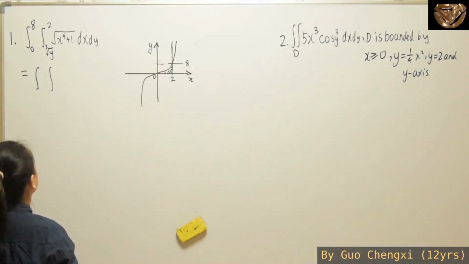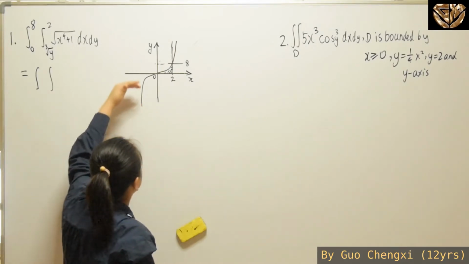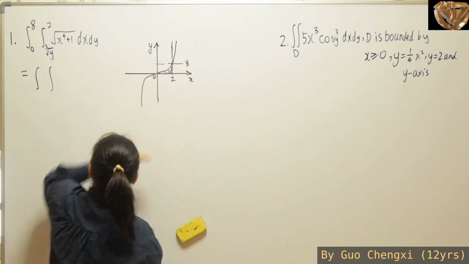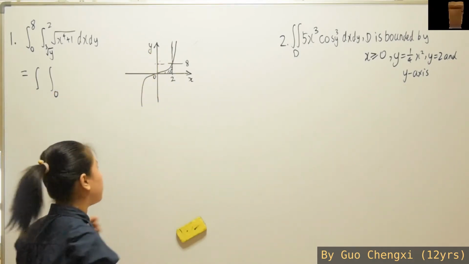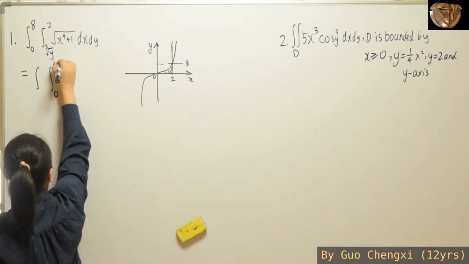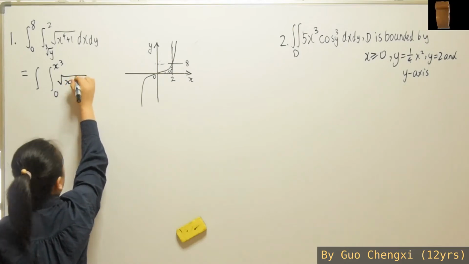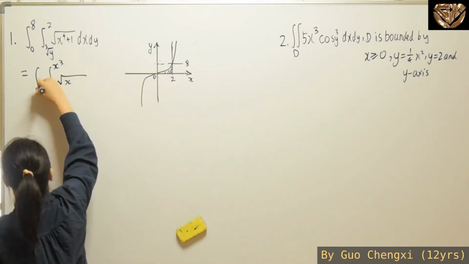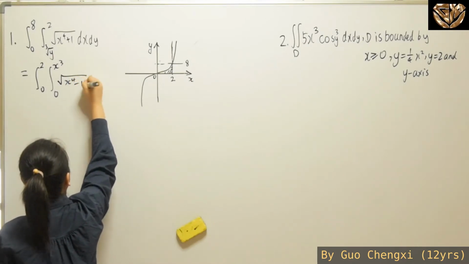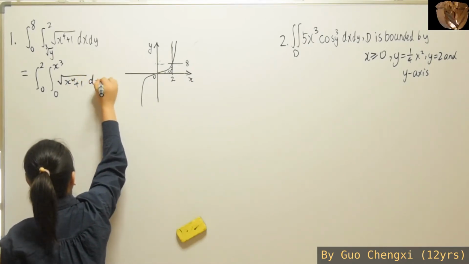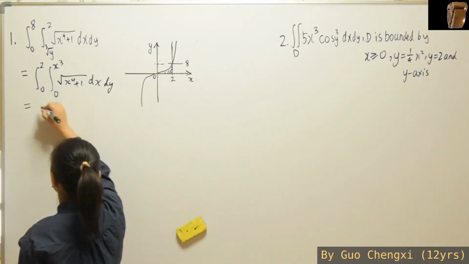And then in order to change the boundary over here, we will have to look at y first. So it will be from 0 to this function. So x is equal to cubic root y, right? So y is equal to x cubed. Then what about for x? X is basically from 0 to 2. So when we integrate with respect to y first, we're going to get